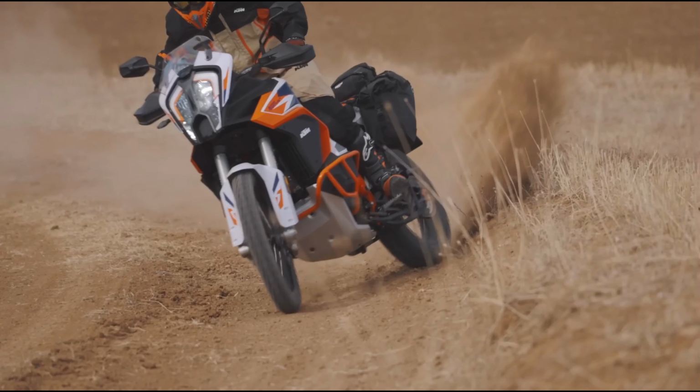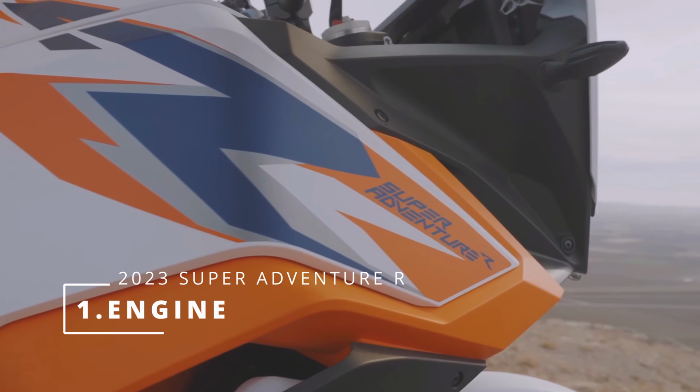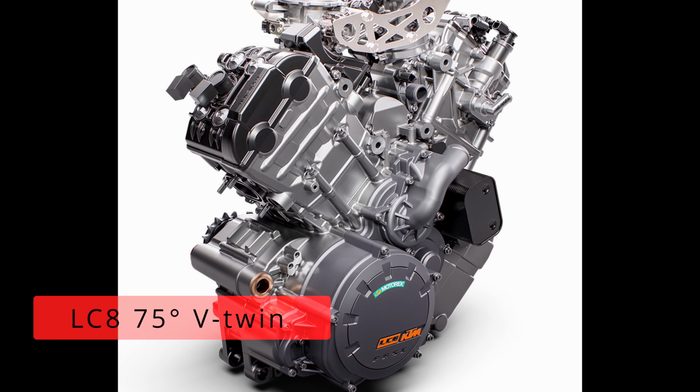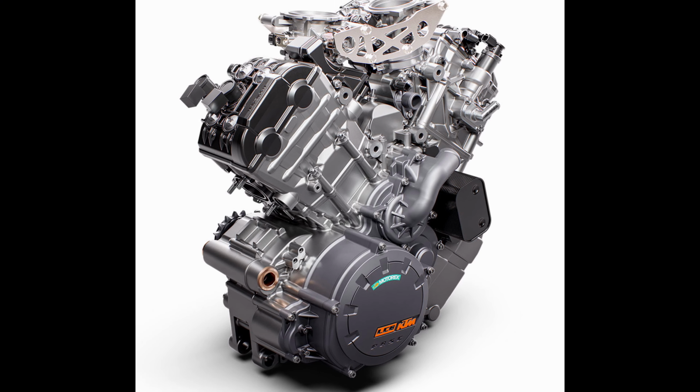The KTM 1290 Super Adventure R has been designed to cross continents. This engineering marvel is ready to take on the most challenging of terrains with a chassis and power package for serious adventure touring. The same LC8 75-degree V-twin engine is used as in the Super Adventure S, which is the 1301cc engine that